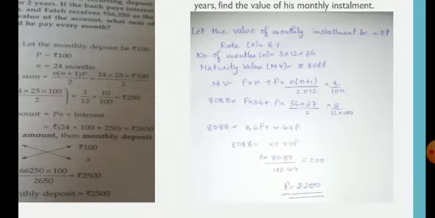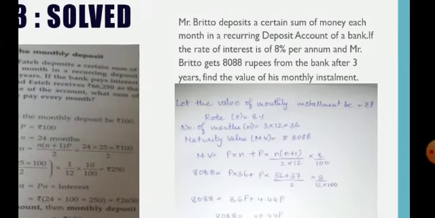Now some people may be confused how it has become 200. So here it is 8088 multiplied by 100 upon 4044. That multiply by 100 comes because when we remove the decimal from the denominator, we have to put that number of zeros in the numerator. So there are two decimal places, so it will become 100. Had it been one, it would have become 10. That's fine. And on cancellation, 4044 multiplied by 2 is 8088, multiplied by 100, 200 you will get. I hope you understand this part. Now next.